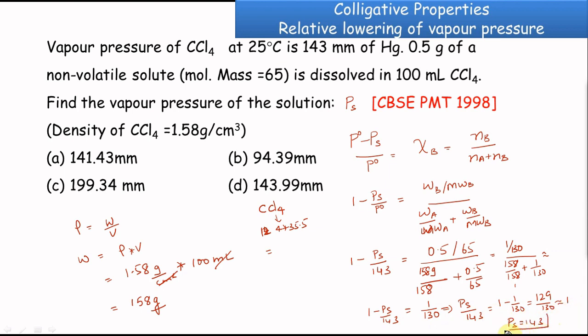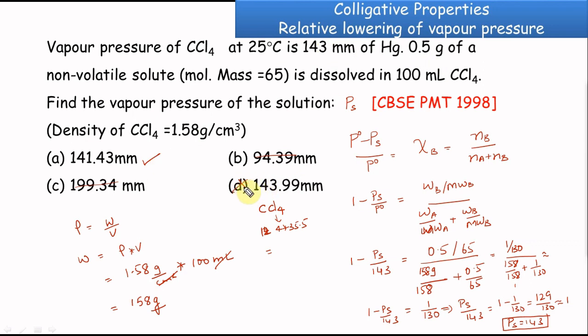Alright, now I have this, you got to be careful. We have made assumptions. I have a number right here, I have a number right here, these two are wrong. Now which ones do I choose? It's actually pretty straightforward. A pure solvent is 143. So when I add a solute, the vapor pressure has to go down because P0 is always greater than Ps, relative lowering of vapor pressure. So I want to choose a value that is lower than 143, that is 141.43, or this one.